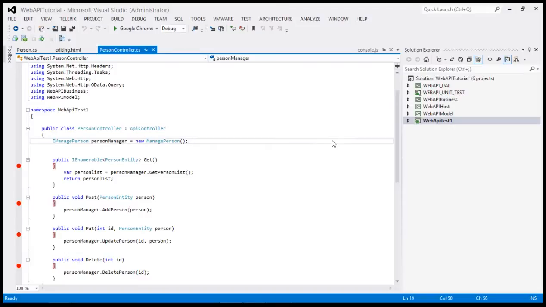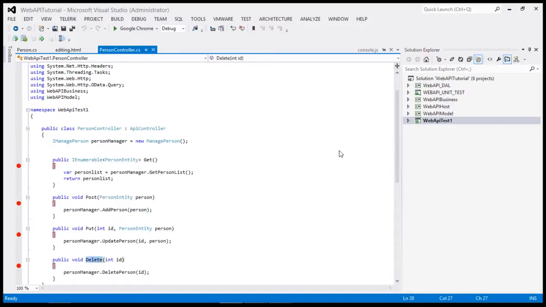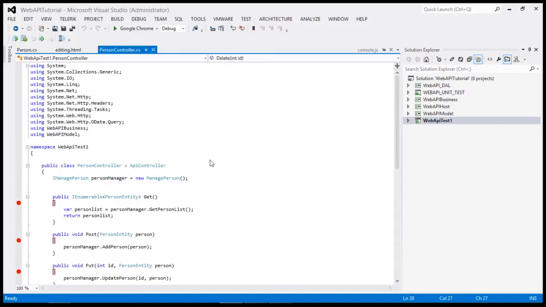So, basically, when we talk about CRUD operations, we actually talk about those four database operations, which are add, edit, delete, and update. So in web APIs, basically in RESTful web APIs, we have similar HTTP methods which are called get, post, put, and delete. So before we start, let's go through some of the code which I have laid out